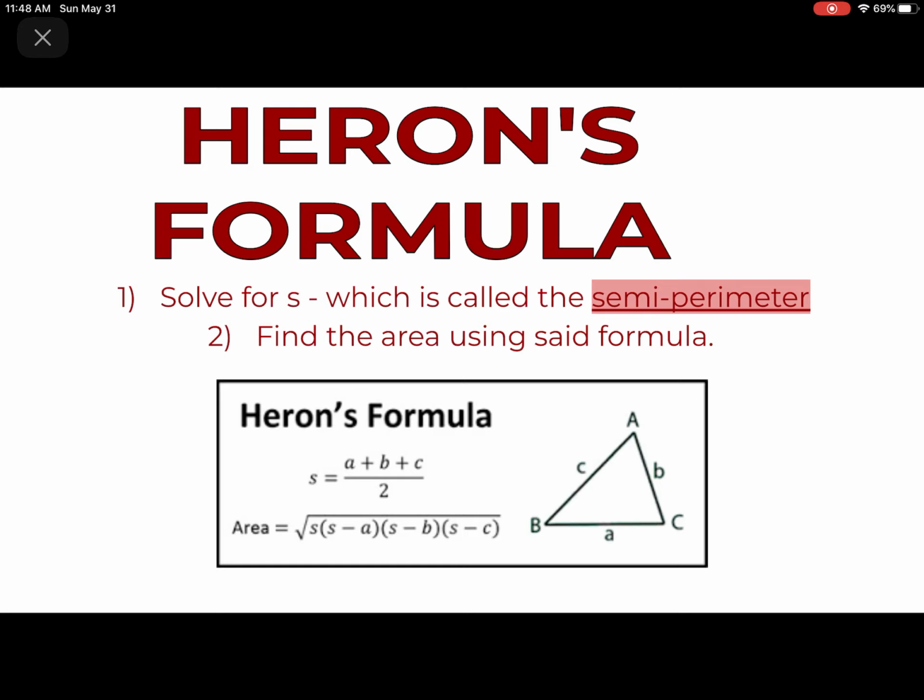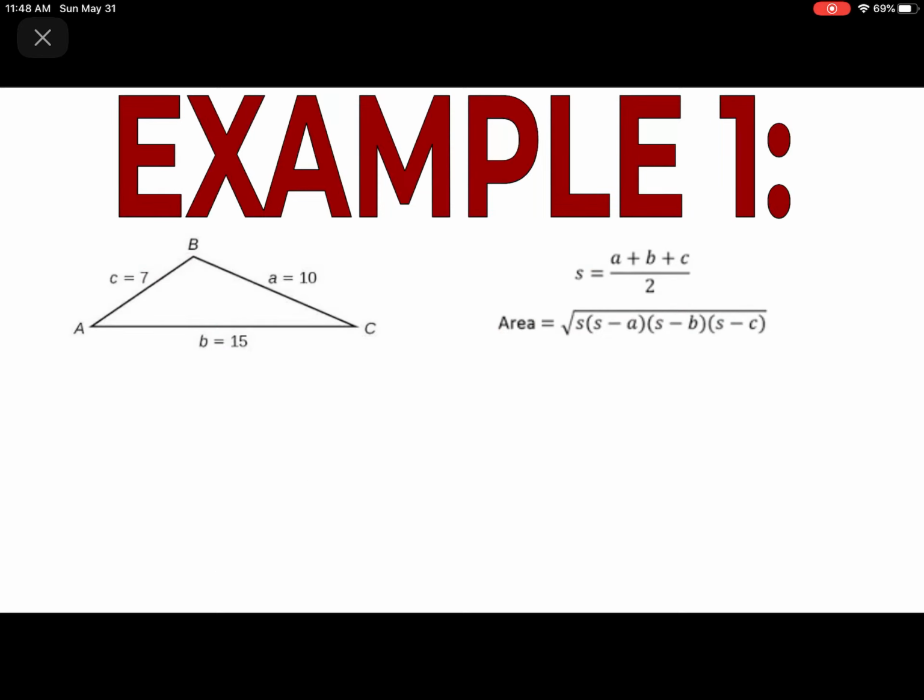Okay? So we're going to do 3 examples on this video, and you'll have a worksheet to go over this. All right. So our first example, I'm going to leave the formula on each of these 3 examples on each slide. In our first example, we have side A, which is 10, side B, which is 15, and side C, which is 7. All right, so first we're going to find our S, so 7 plus 10 plus 15 divided